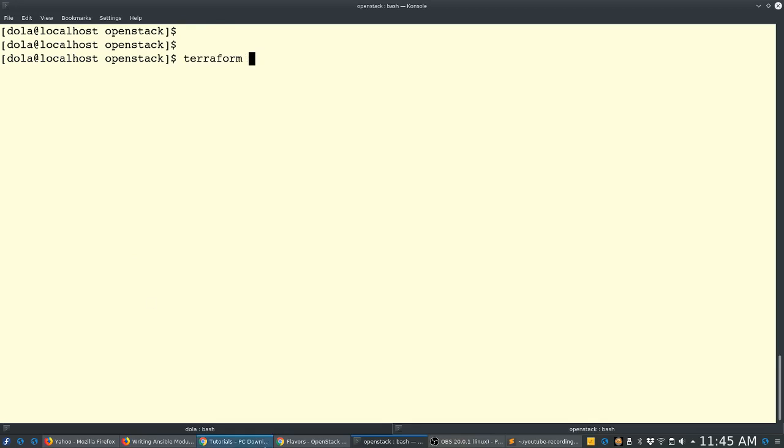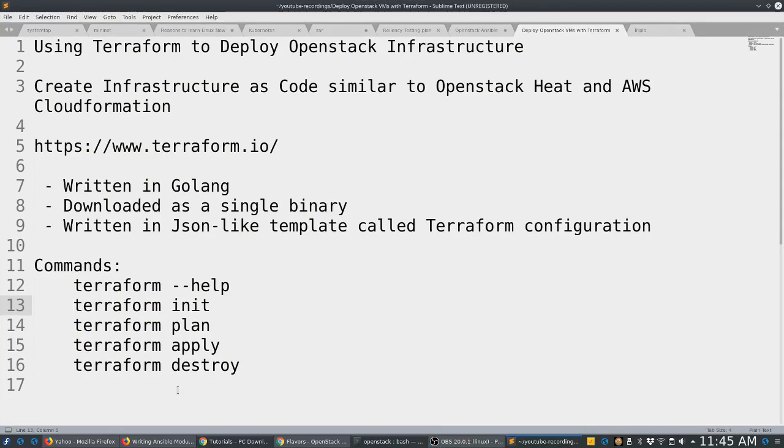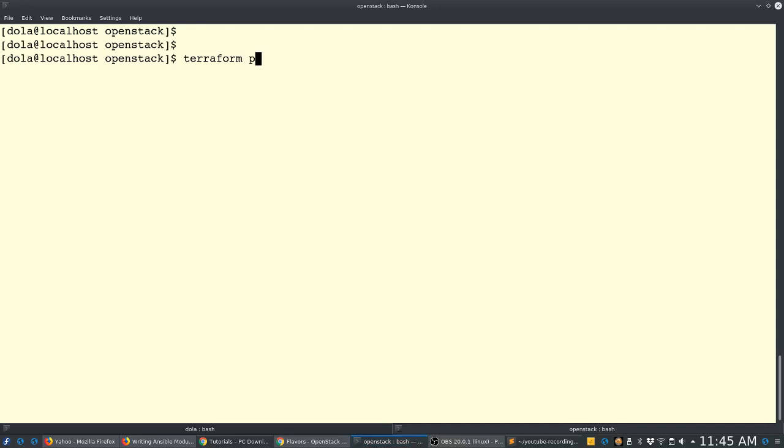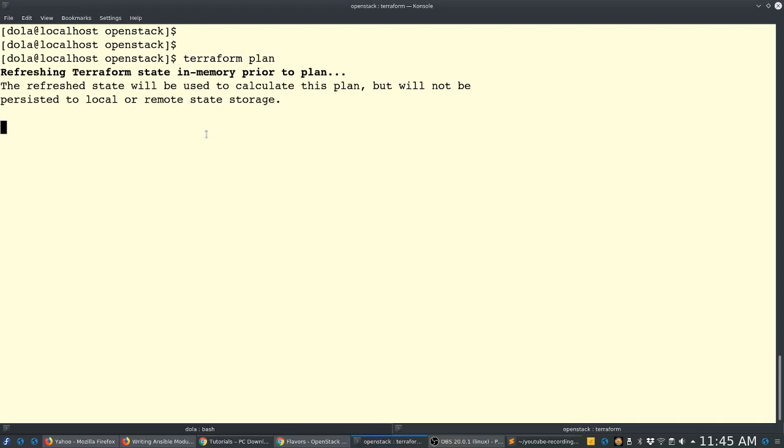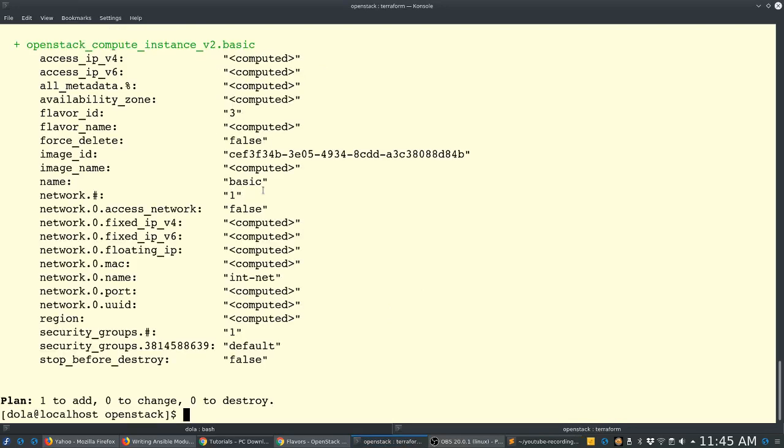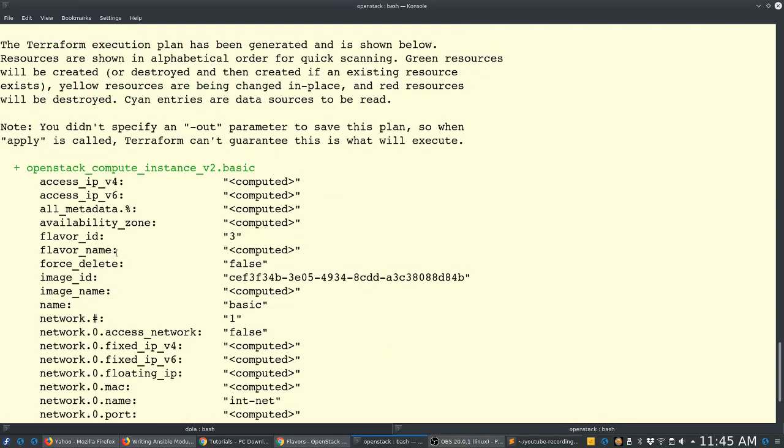Then the second command that you want to run is plan. Plan will look at your file and see, okay, what are we doing here? Basically it looks at the plan: what are we creating? It says we are creating an OpenStack compute instance, basic, and